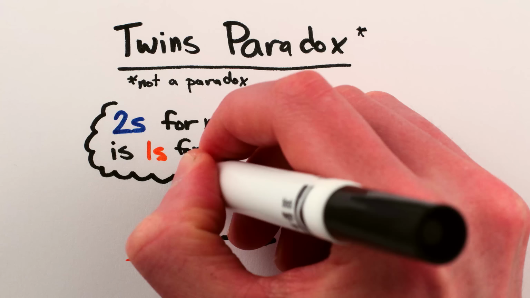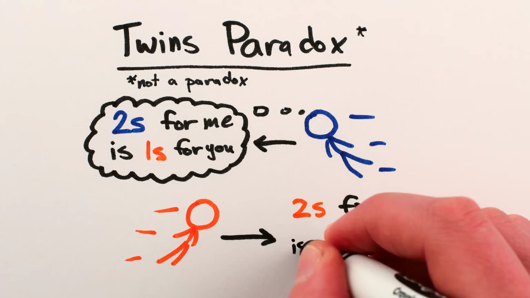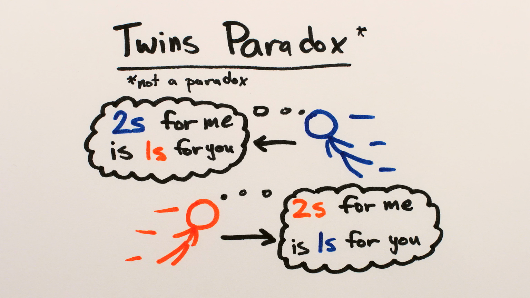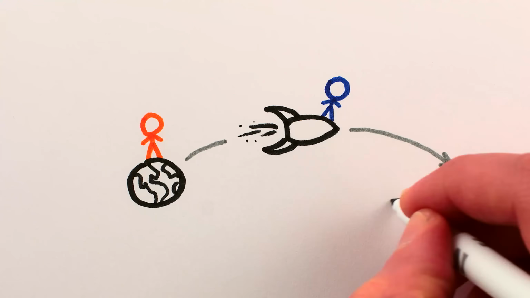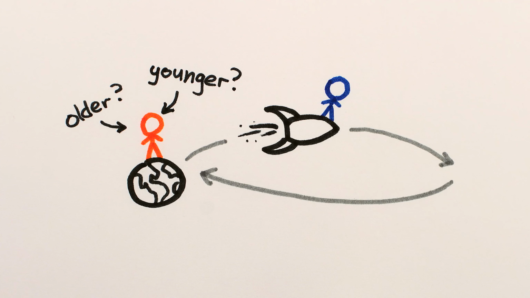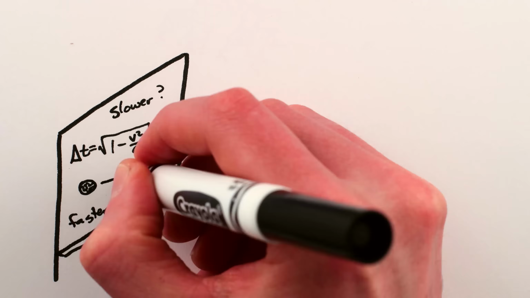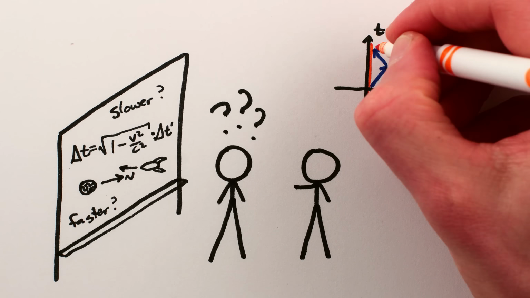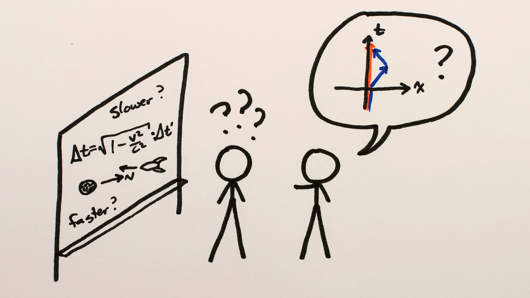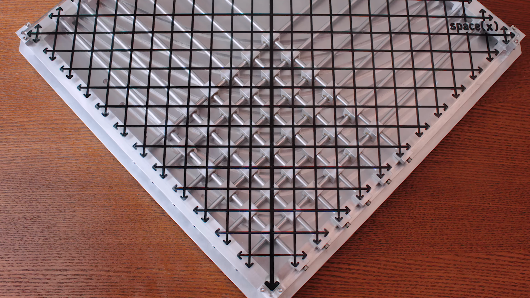The fact that in our universe, things moving relative to each other each view the other's time as passing more slowly. As the paradox goes, if each person views time as passing more slowly for the other, then who ages more? If my twin travels away from Earth for a while and then comes back, who's actually younger when we meet again? In general, when you have a confusing situation in relativity, it's really helpful to actually draw or use a spacetime diagram to understand what's going on. We'll use the spacetime globe.